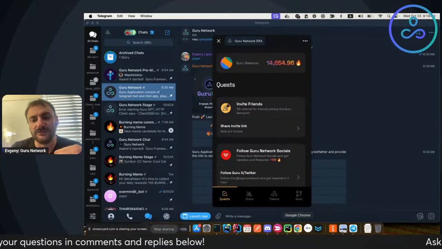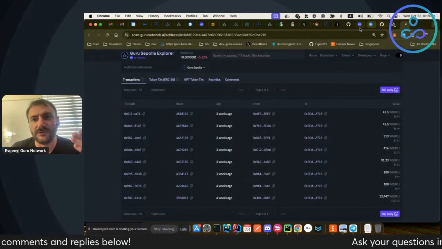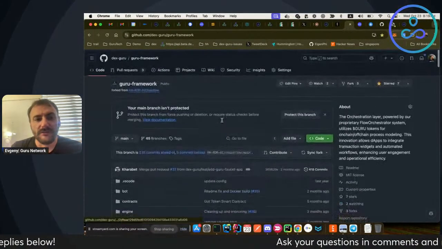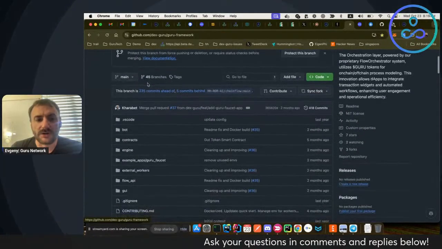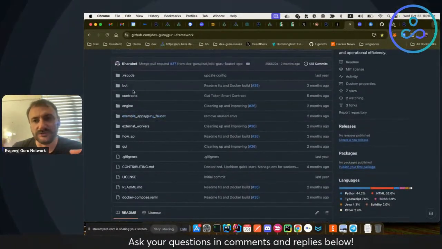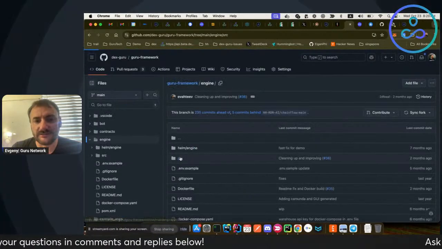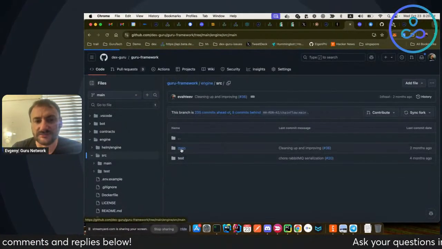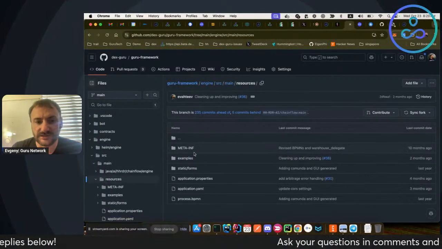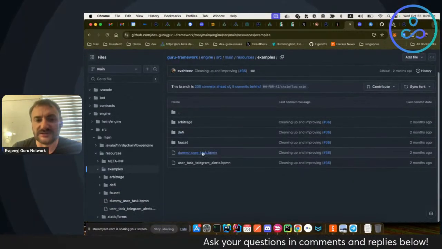And then you get your own fork of the Guru framework, where there are all those BPMNs and those diagrams, part of the engine, and that's where they are listed as examples.